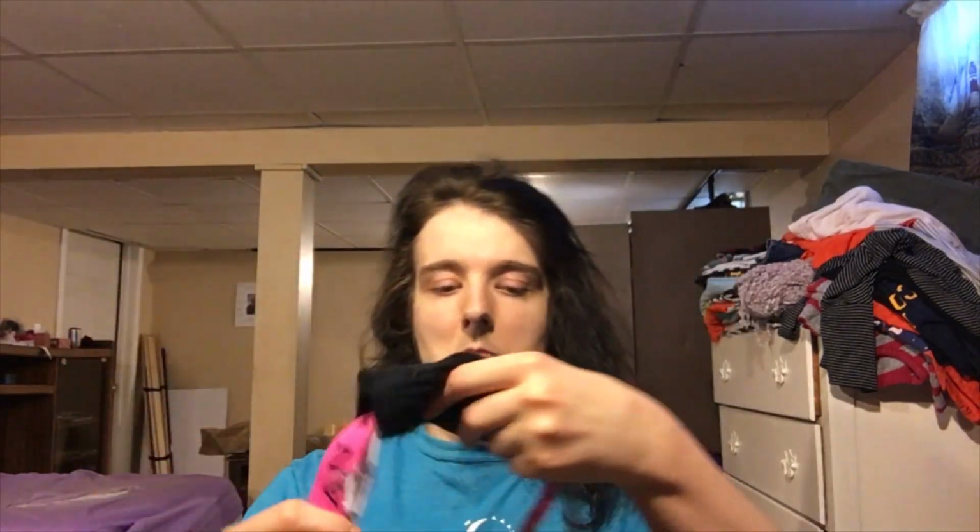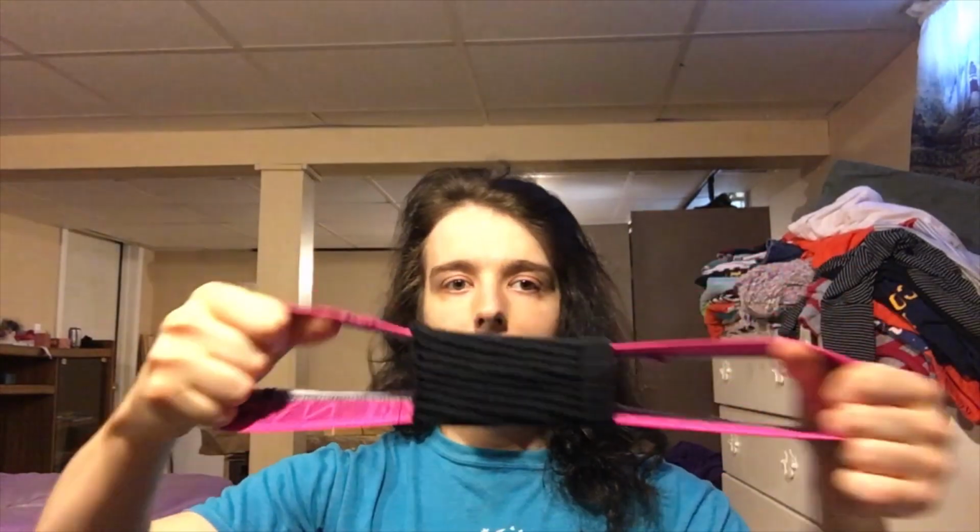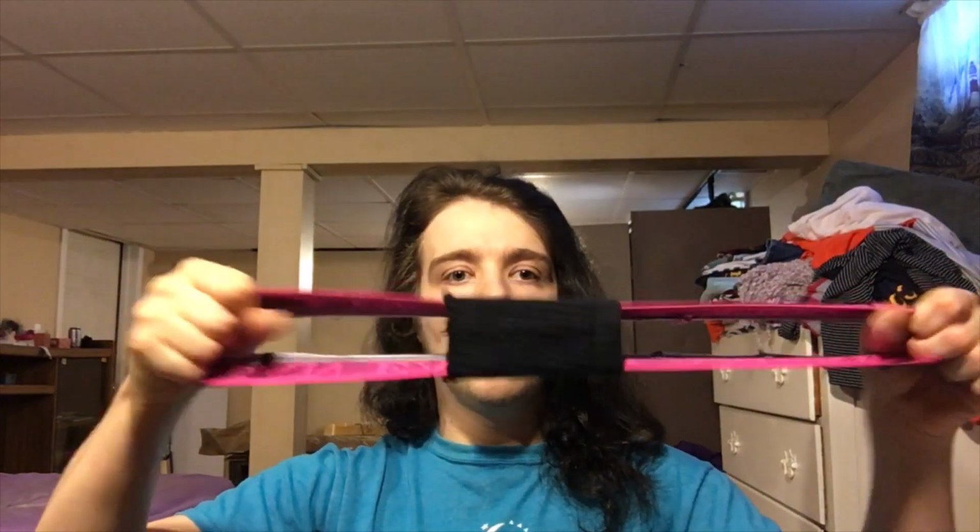So what you want to do is take your tube sock and slide the waistband through, get it to the middle, and then you have something that looks like this, and two holes each for your legs. And then